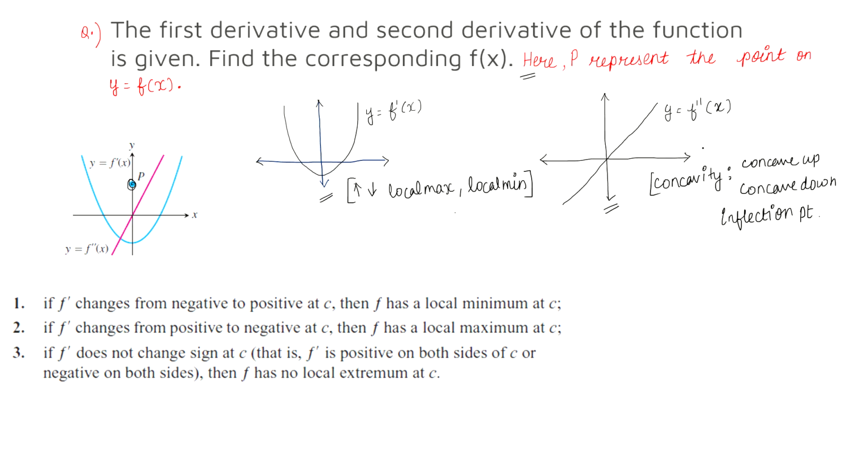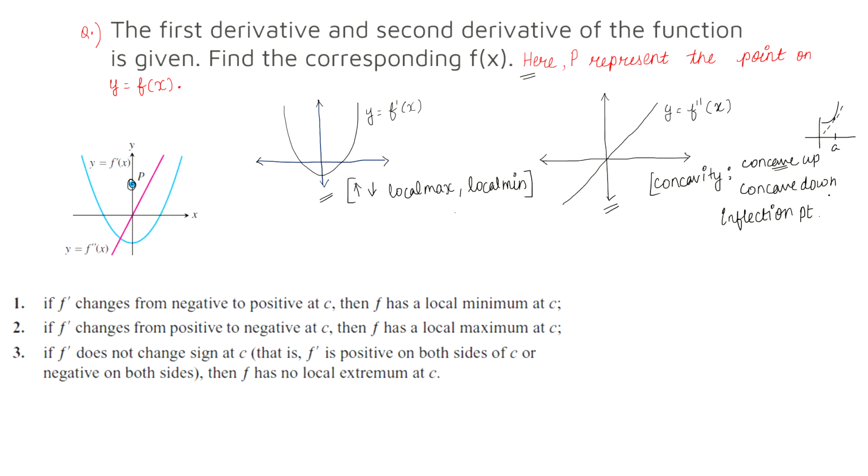So we will be getting information about concavity from f double dash of x. Concave up, we say that a graph is concave up at point say A if the graph of the function lies above the tangent at that point. So basically, if this is the graph and if this is the point A, the tangent at the point A will be this line, this dotted line. And because the graph is lying above the tangent in the neighborhood of A, we will say that the graph is concave up at A. So this is concave up.